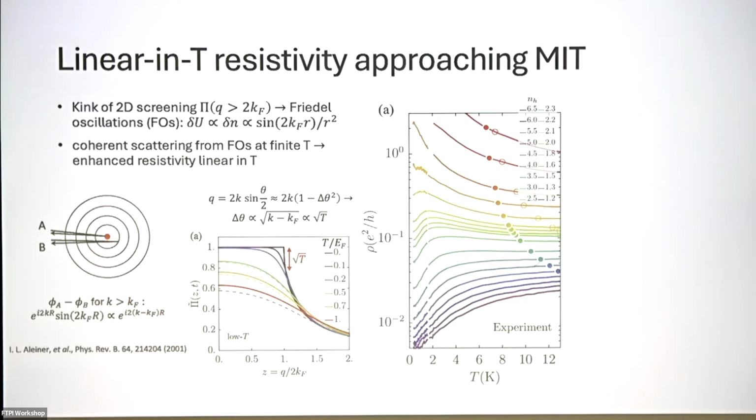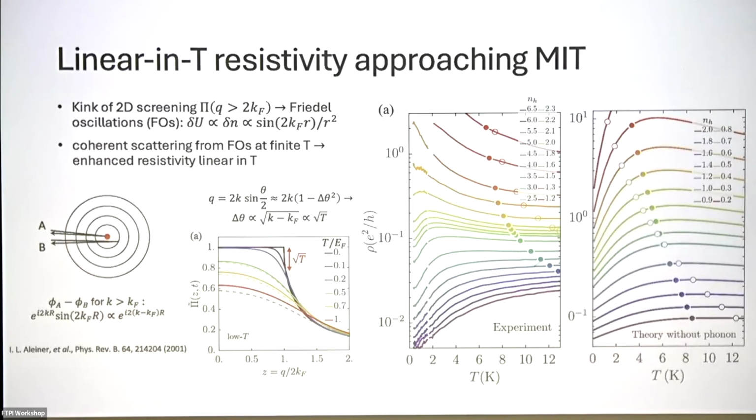And then will this hold also away from the metal-insulator transition, or is it only near the metal-insulator transition? It works actually better away from the metal-insulator transition, on the metallic side. But the resulting correction would be proportional to T over E Fermi. So if you increase the density to the metallic side, this slope will be smaller and smaller, and you cannot observe it. Yes.